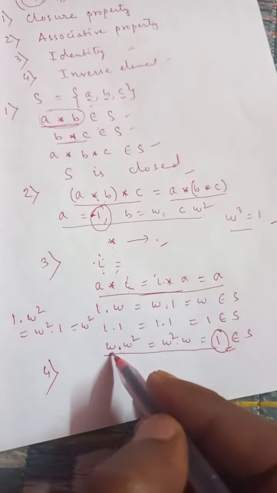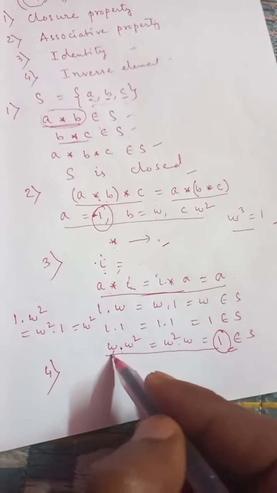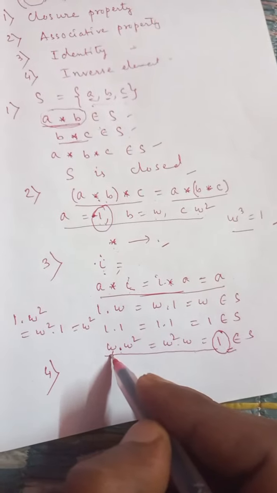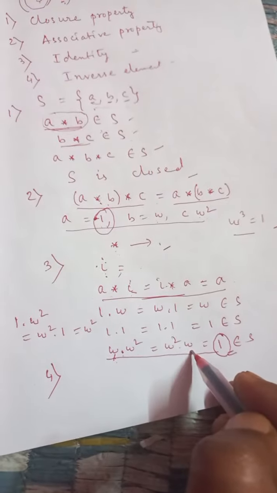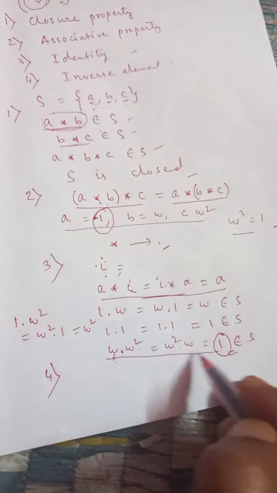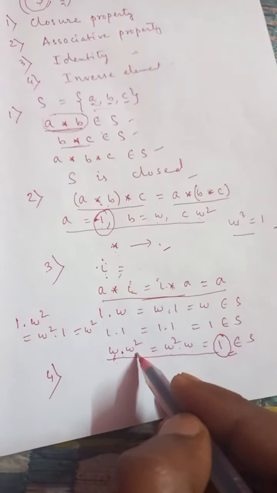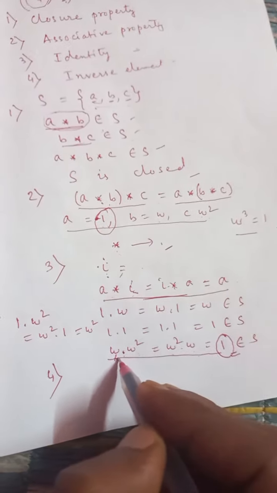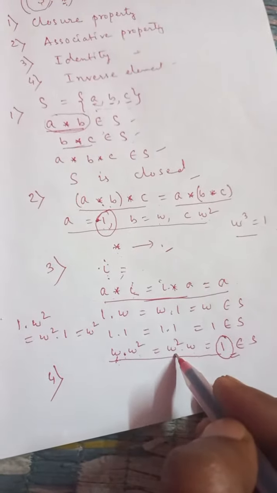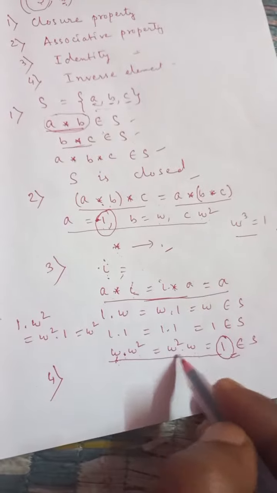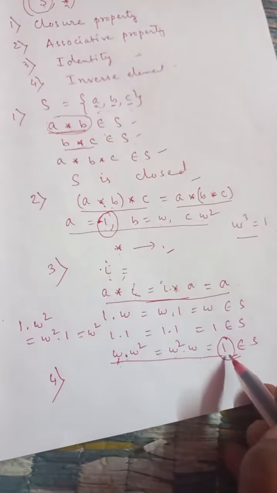So here omega is the left inverse of omega square, and omega is the right inverse of omega square. Or we can take it another way: omega square is the right inverse of omega, and omega square is the left inverse of omega, which under multiplication is equal to